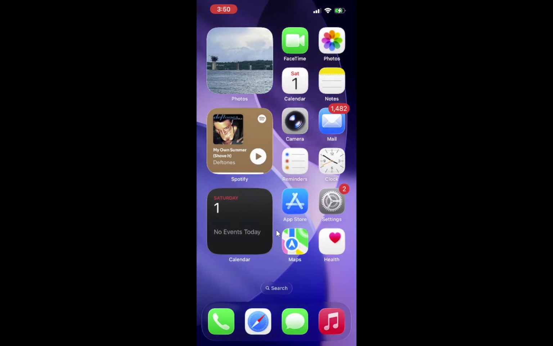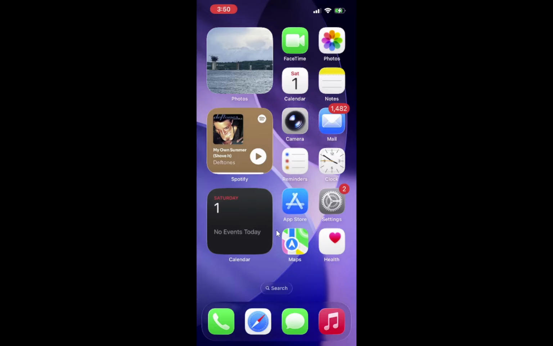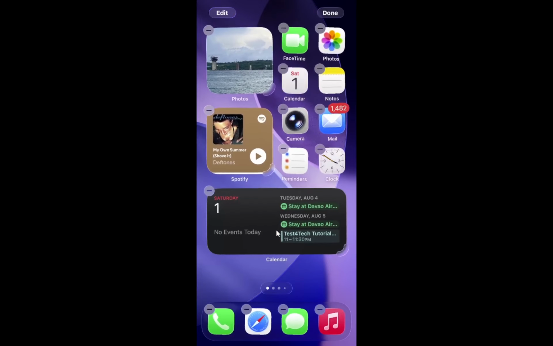If instead you see a little handle in the lower right corner of the widget, place your finger on that handle and drag the resize handle in the lower right corner to make it larger or smaller. As you drag, the widget will expand or shrink and will snap to the home screen grid. A quick tip here, if the widget will not resize, that means the app developer only supports a fixed size for that widget, which is normal for some apps in newer iOS versions.